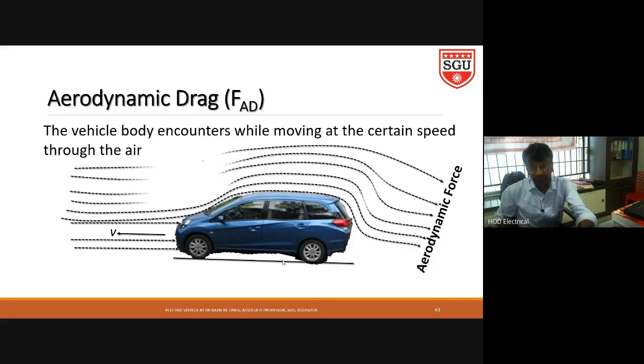Then some air will go above the vehicle. When compared with the air at the skin, above the skin there is a velocity difference also. Then some air is hitting the front of the vehicle and going out. When it is hitting the front side of the vehicle, there is a higher pressure region, and the back side is called the lower pressure region. Due to that also some resistive force will be there. We are going to learn today what forces act on it.